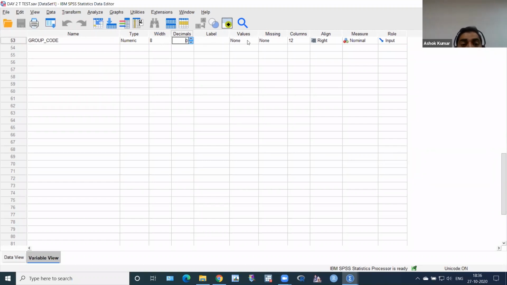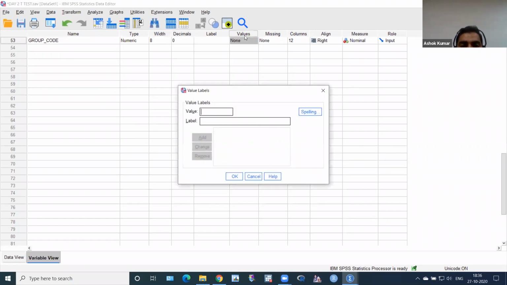Then I want to give value. I want to give decode. So I have to click value, and value number 1 and label as I know. Right now I know that case, and click OK. Value number 2 I have given for control. I remembered. Click 8. Then OK.